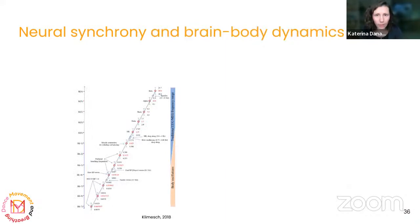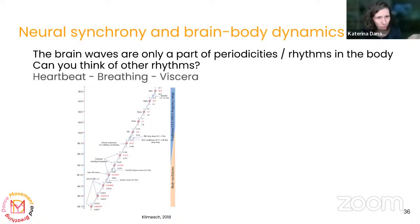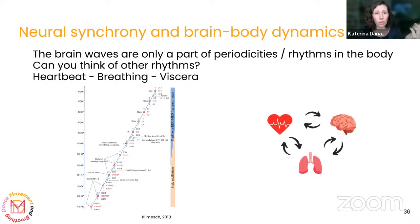Okay, so yes, I forgot one thing. It's not only the brains that synchronize, it's also other rhythms in the body. So the brain waves are only part of these periodicities, these rhythms that we have in our body. We also have rhythms like heartbeat, obviously, the breathing, the intestines. They work in different rhythms, and this study has found that they correspond to each other in